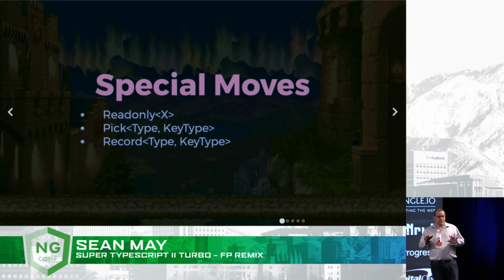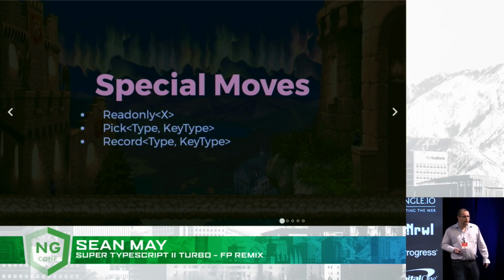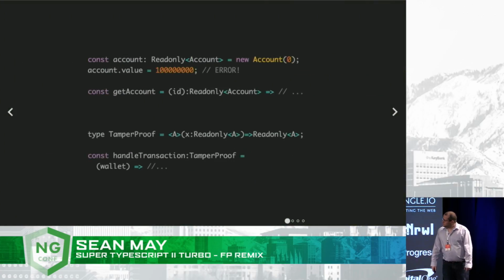Okay, so the last piece, special moves. We have read-only, we have pick, and we have record. And we'll spend a little time on each. So read-only is actually a really, really handy type. It's basically an interface which will take in whatever generic you pass it, and it will then tell the compiler to expect that all of the members of that